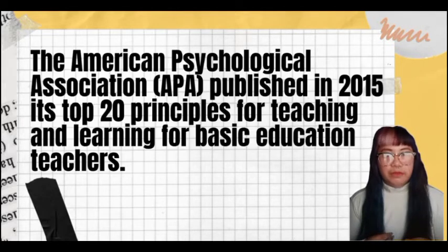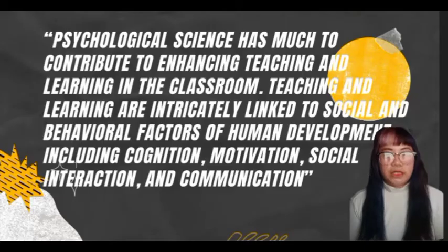A brief statement from the American Psychological Association, or the APA: Psychological science has much to contribute to enhancing teaching and learning in the classroom. Teaching and learning are intricately linked to social and behavioral factors of human development, including cognition, motivation, social interaction, and